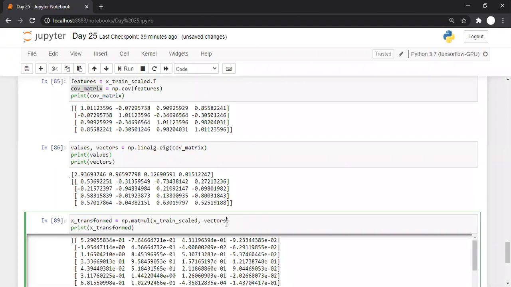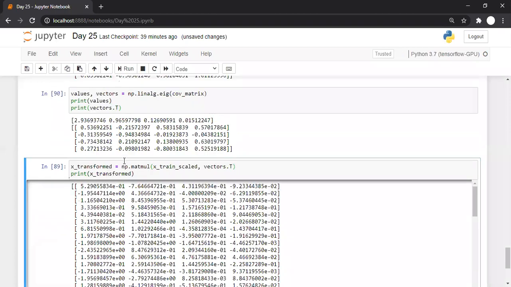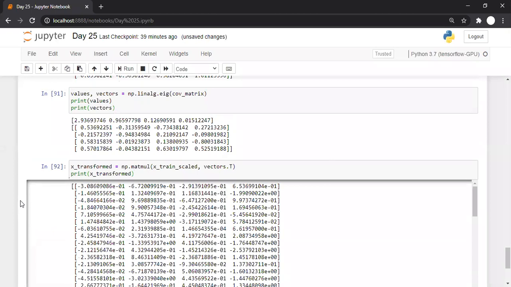And because of this, while multiplying, we should multiply with the transpose. Once we transpose it, it will become something like this. So we are supposed to multiply it with the transpose. Why? Because when it is multiplied with the transpose, then the first value becomes, okay, you can understand it. You know matrix multiplication very well. There is no need to explain it in more detail. But we are supposed to multiply with the vector transpose, and you will get these values. So this is the complete process of calculating the principal components.